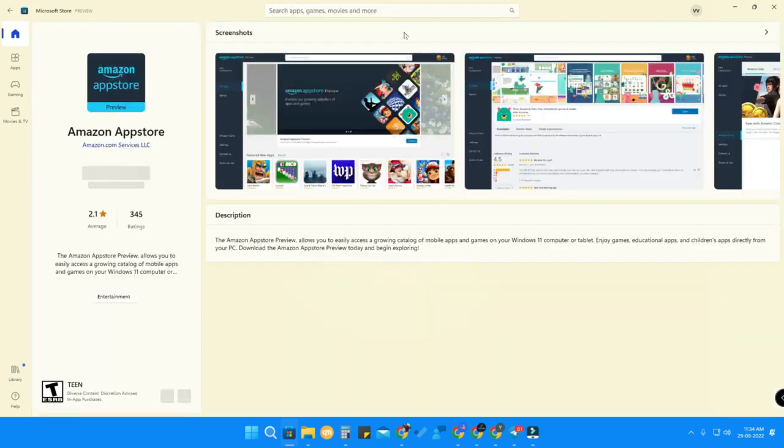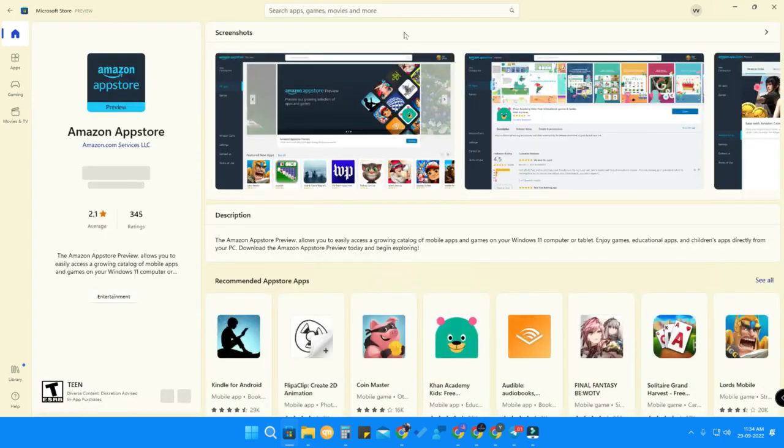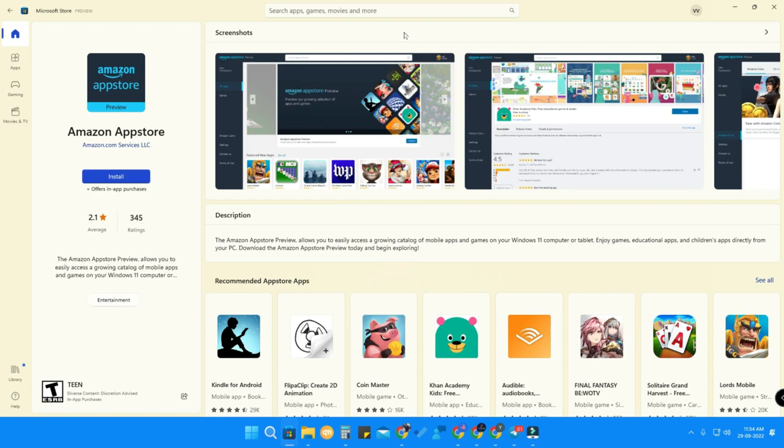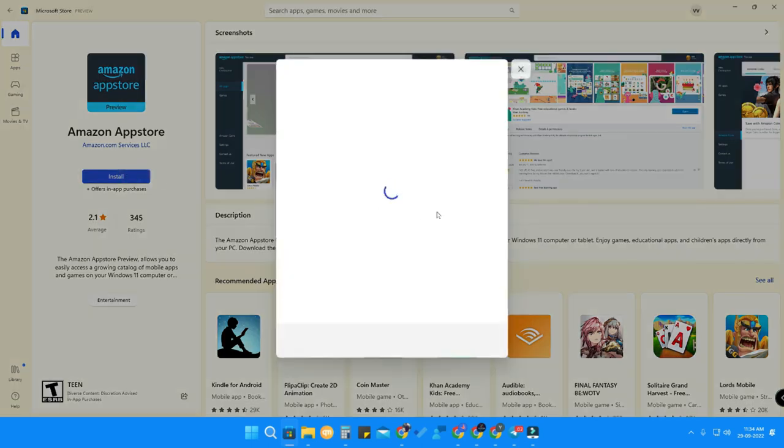Amazon App Store. Normally if you search for the Amazon App Store, it will not be shown if you have the India region selected. Once you change the settings from the region India to US, after that you will get the Amazon App Store. Once you install the Amazon App Store, along with it the Windows Subsystem for Android will also be installed. So just click on the install option,